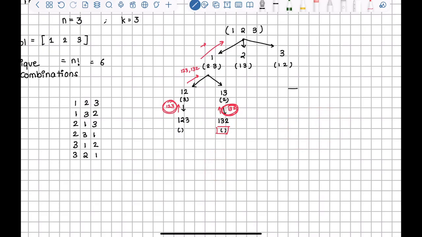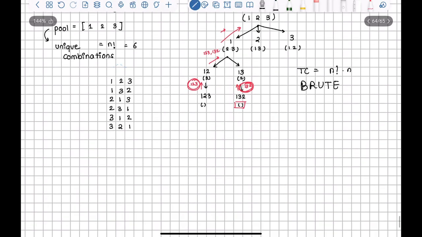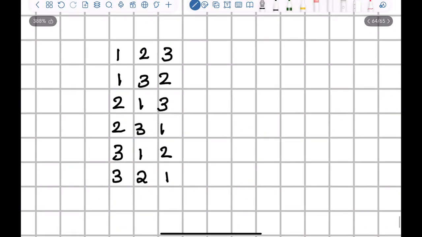So the time complexity for this brute force is n factorial times n, and this is our brute force. Now the optimal solution is a little observation based, right? It is a little observation based. So now if you observe here very carefully,